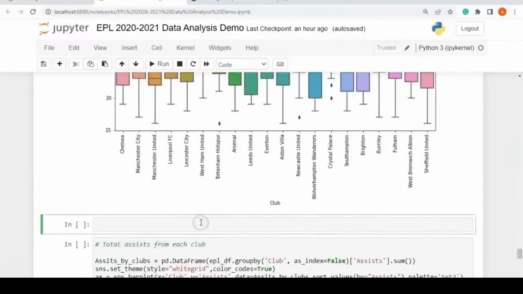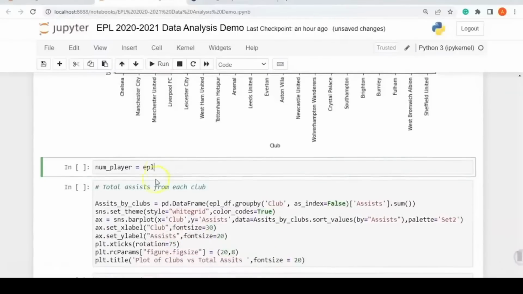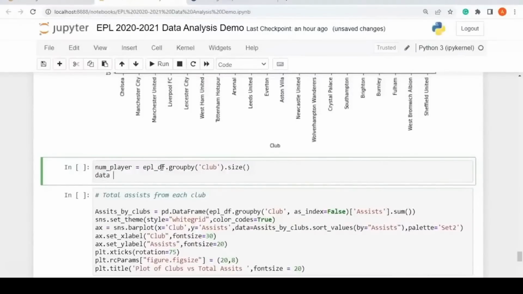Now to verify the clubs with the average age of players, I'll say, let's say num_player equal to EPL_df dot, we'll use the group by function on club, and I'll say size. To that I'll say data equal to EPL_df